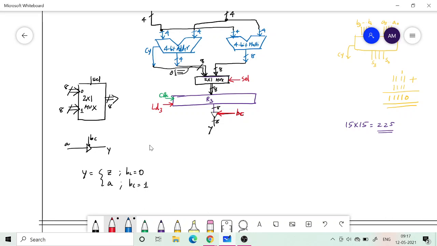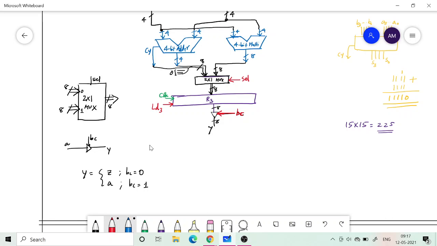So if you want to keep the output Y in high impedance state prior to the availability of the result in R3, then you need to have a tri-state buffer. Is that clear now?